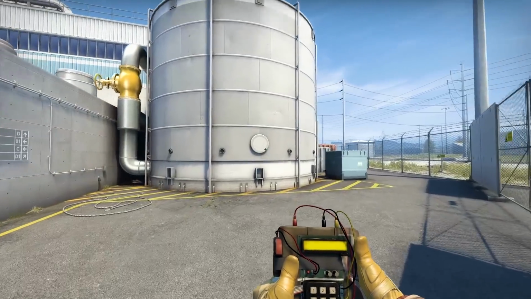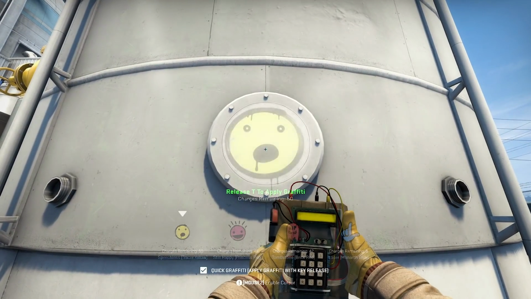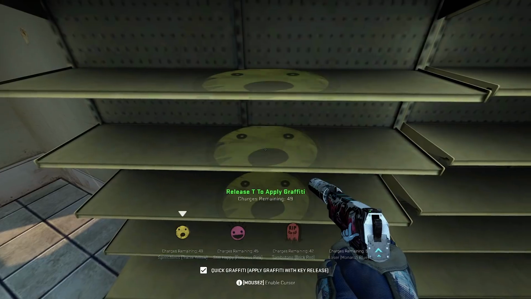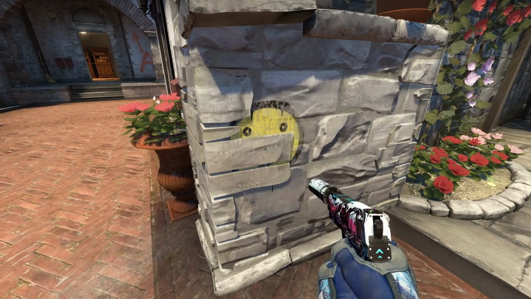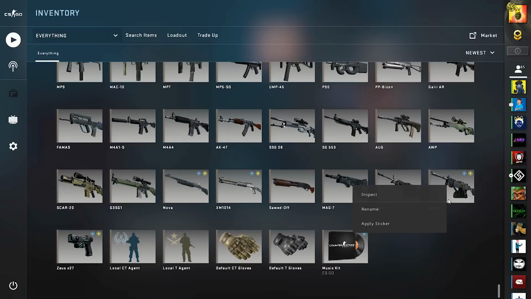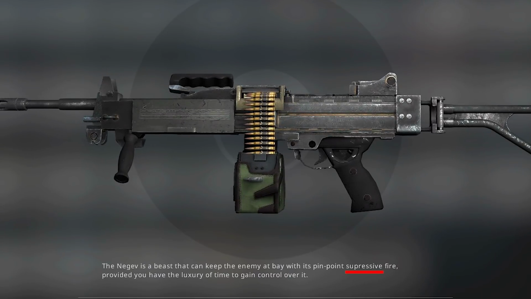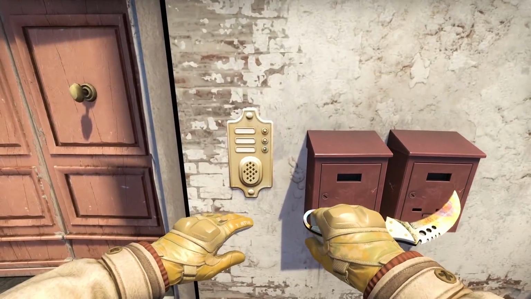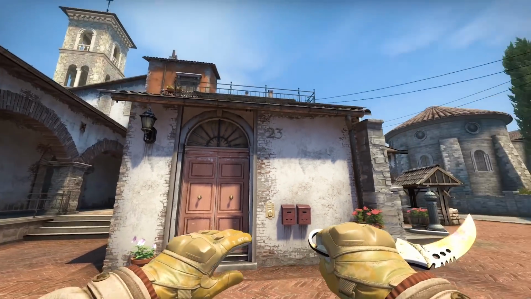You probably never noticed how weirdly those graffitis can work. Sometimes it's impossible to spray them symmetrically. Sometimes you can get 3 out of 1. And sometimes you are able to spray them underneath some blocks/objects, super general. The Negev's description has a spelling error, since suppressive actually goes with a double P. Here's a mystery for you: 3 doorbells and 2 mailboxes,